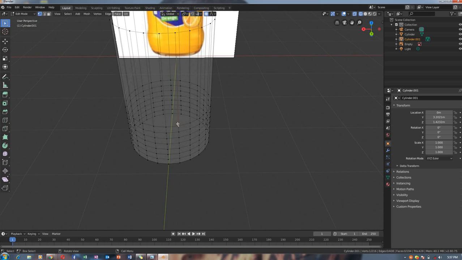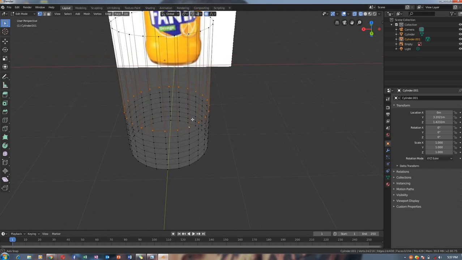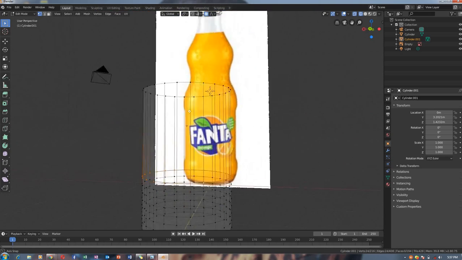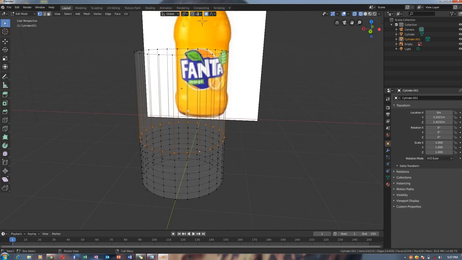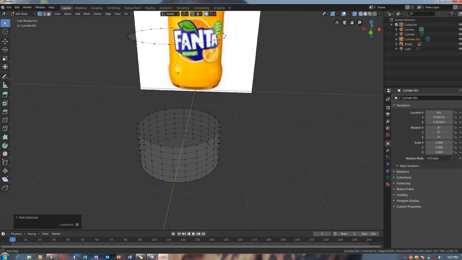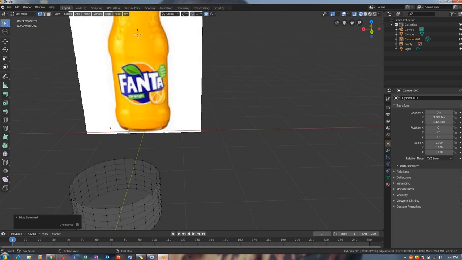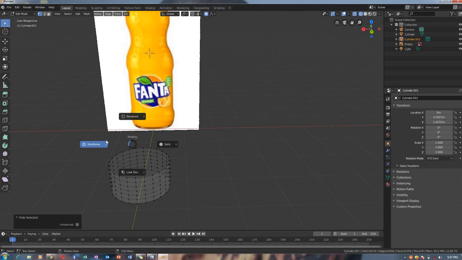Click on this part, Alt click. Okay, see that? Then the part you don't want to be affected by the proportional editing, you can hide it. H is to hide. See, the top is not hidden because we didn't select the top. You can also select the top and hide it. Okay, when you go to wireframe,